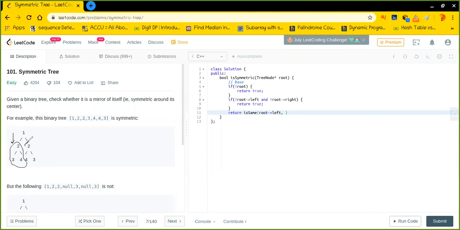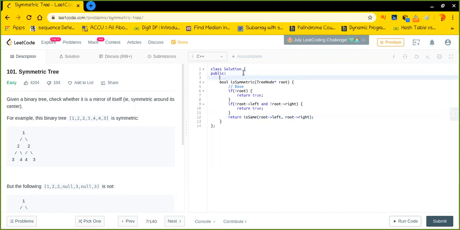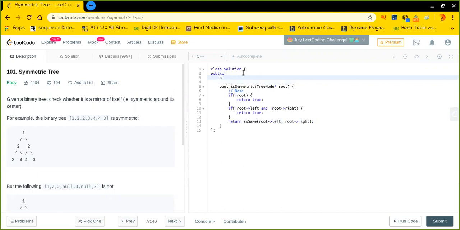Okay, and as well as I'll pass this particular subtree rooted at root's right. Okay, so I'll pass these two trees and will recursively see whether all the elements are truly mirror of the same tree or not. Perfect. So let's quickly implement this particular function.